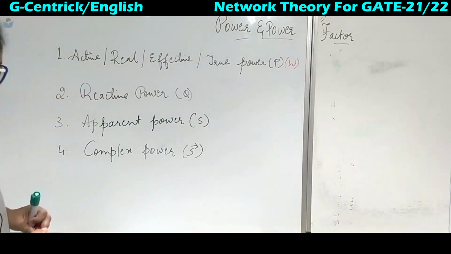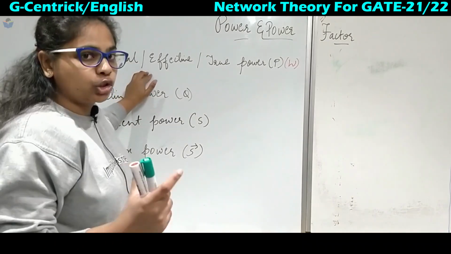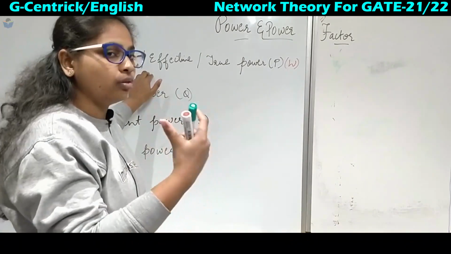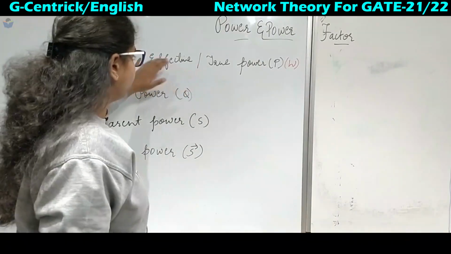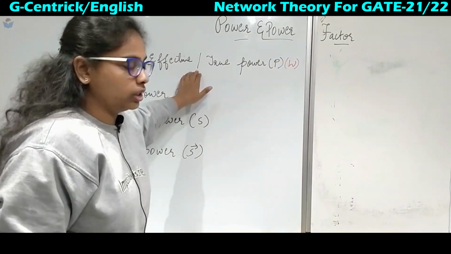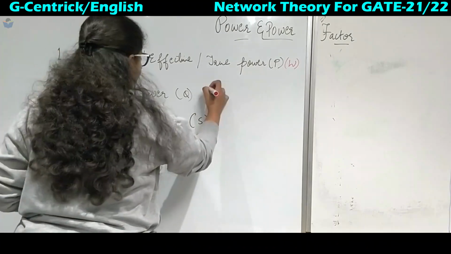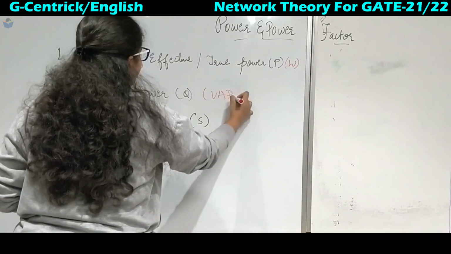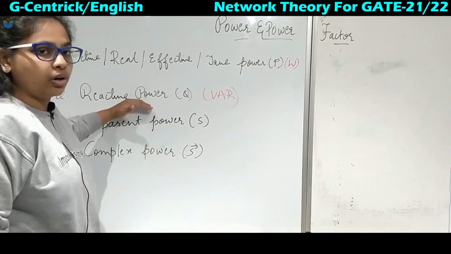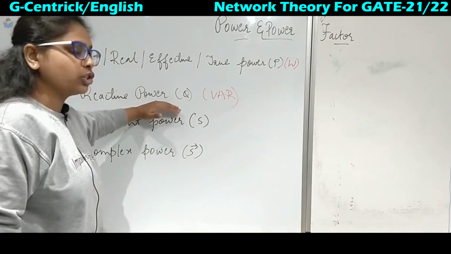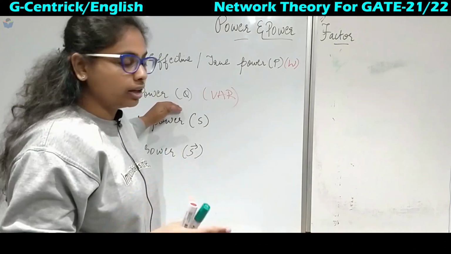Okay, so what is basically the definition of this one? It is the actual power done, or actual work done. The power consumed to do the actual work is known as true power, or any of these terms you can use. Next, coming to the reactive power, it is measured in VAR, volt ampere reactive. So what it is, is nothing but the generation of the electromagnetic field or magnetic field in the rotating machine.